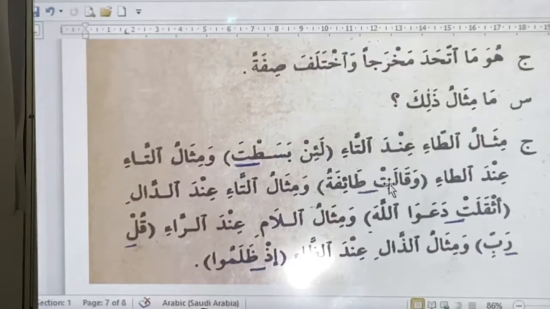And then another example is ta wa ta. So the ta wa ta, we have ta sakin wa ta. So here the makhraj is the same. When pronouncing, we are going to say wa qalat ta'ifa. And then we have another one here, ta and dal. The ta and dal is athqalat da'wa. So you can tell that the makhraj now, they are almost coming from, not very close, but when you are pronouncing, you drop the first one and you read the other one with shadda, and that is athqalat da'wa.